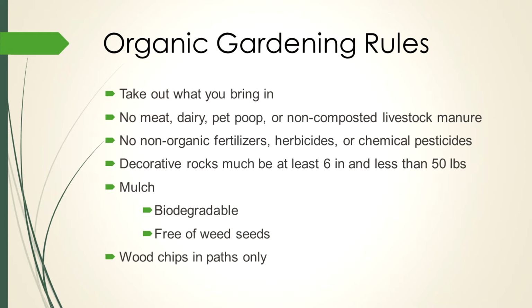Mulches used in the garden beds must be biodegradable in a reasonable amount of time and free from weed seeds. For instance, the wood chips provided by the garden for the pathways between plots should only be used for the pathways and should not go into your plot. They take a couple of years to break down and can be quite frustrating for the next gardener who has